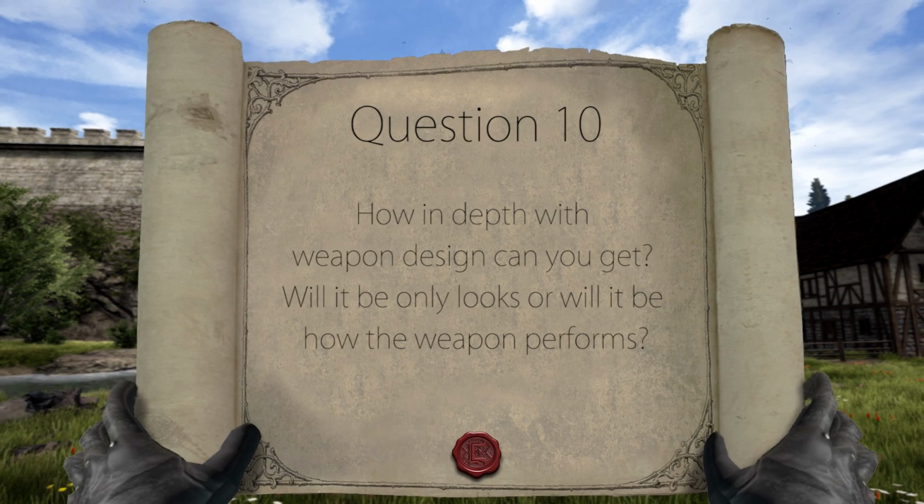We prefer it be only how it looks. If you want to talk about how it performs, there could be some slight modifications to balance how it behaves in the paper rock scissors system, in terms of what type of armor it's strong against. But we can't do new combat techniques unless it's actually one of the combat technique tiers. Because if we get into how it specifically performs, like damage and weights and things like that, you want to have it sort of balanced, but you also want to have the weapon be able to evolve.